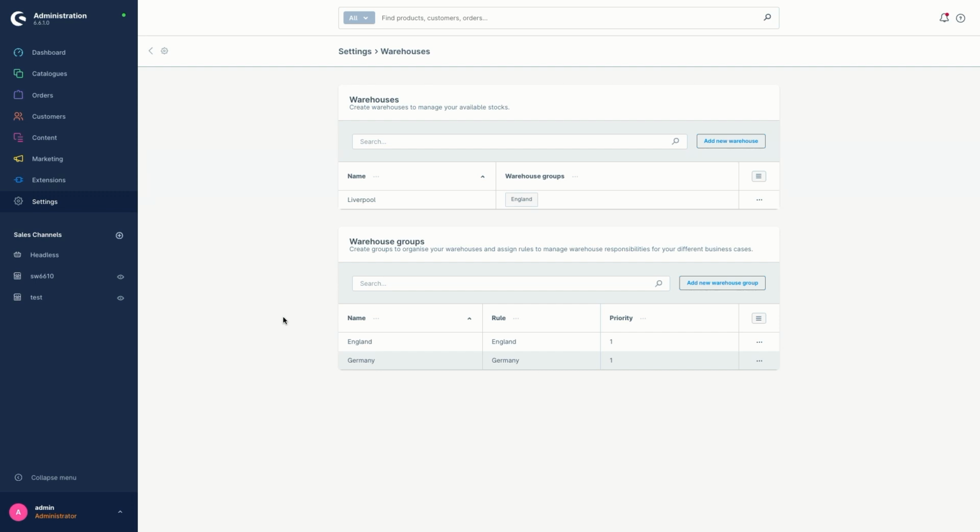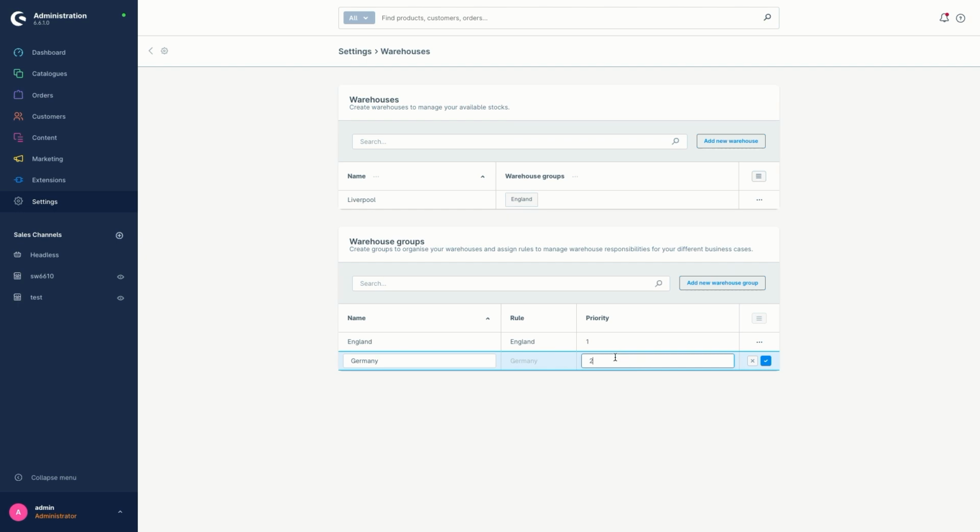So if products are stored in several warehouses of a warehouse group, you can prioritize them in the column priority. Double-click the priority field down here if you want to change the priority of the warehouse. So just add another priority number.